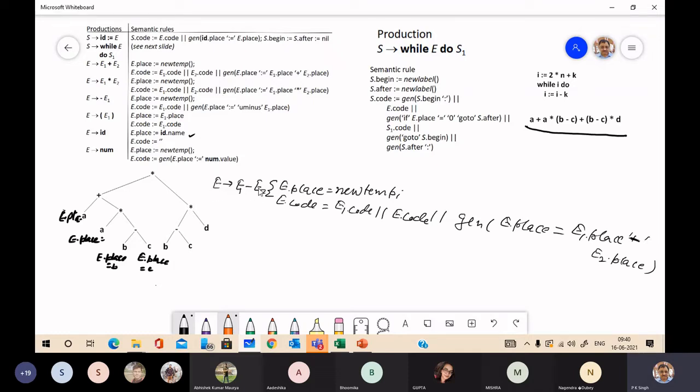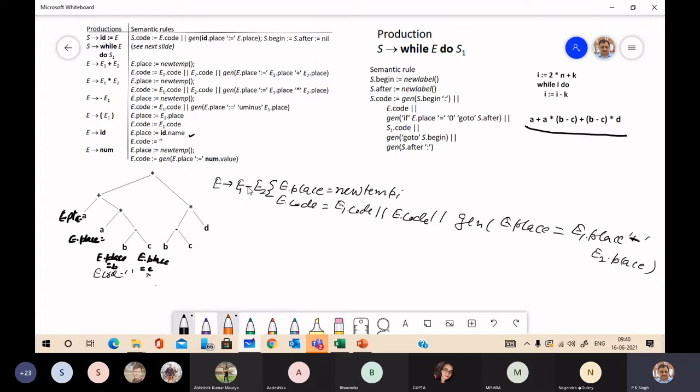Okay, now it will use this. When B minus C is reduced to E, here you just see E place is B due to this semantic action, and we don't have any code, so E code is null, nothing here.